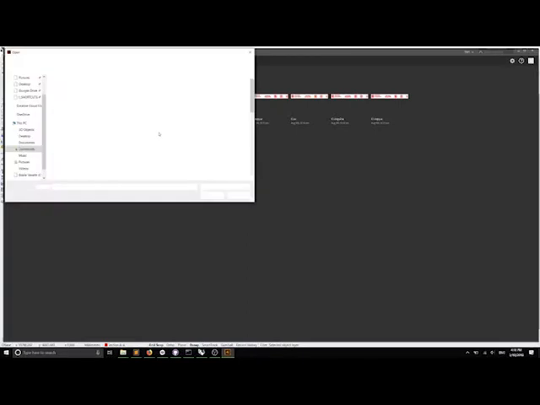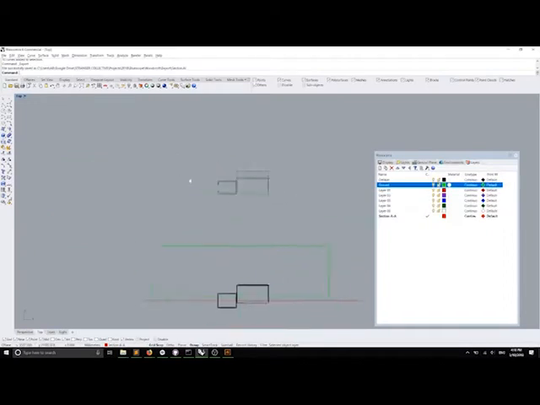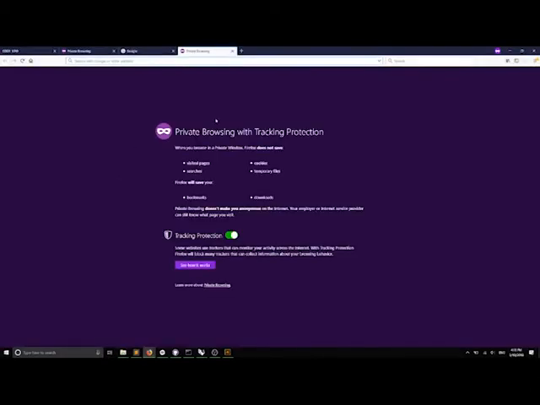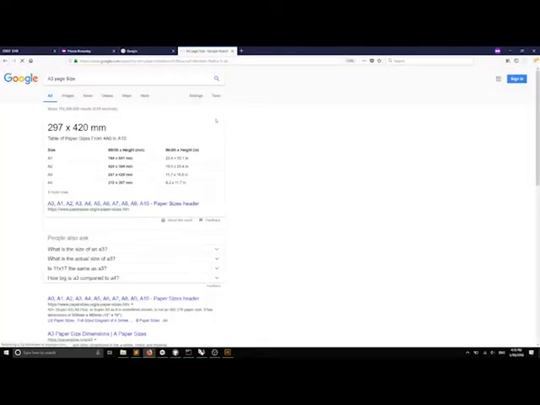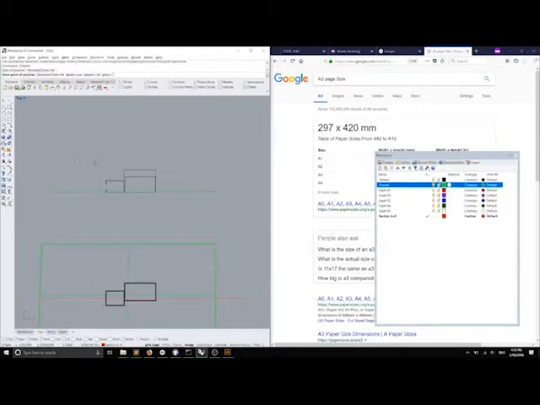And we are going to go open this. What I used to do actually, when I didn't know the scale, was just to make an A3 in scale on the Rhino. Yeah, no, it's quite useful. This is actually what I do as well. So I go and say, let's go find an A3 page size. Now, just remember, you guys aren't even using pages. You're not even using pages, but it's a good scale to work to, I guess, A3. So we can see here it's 297 by 420. So if I draw that in,